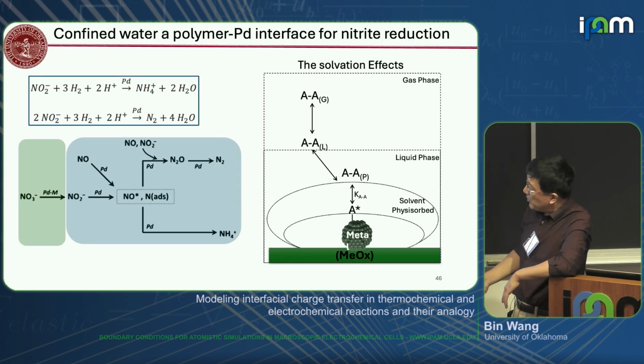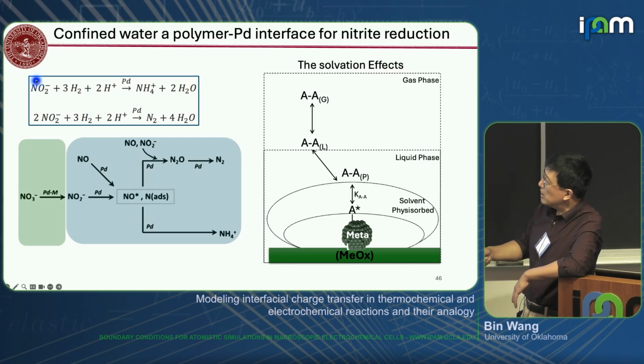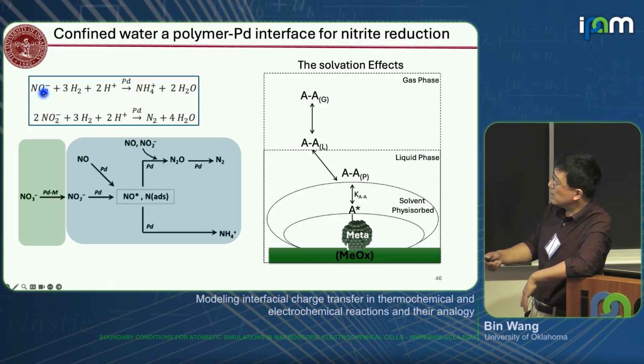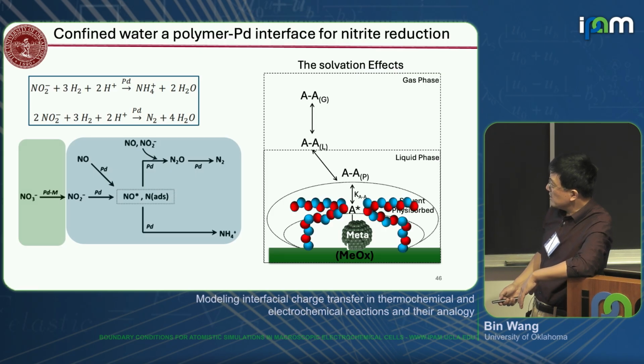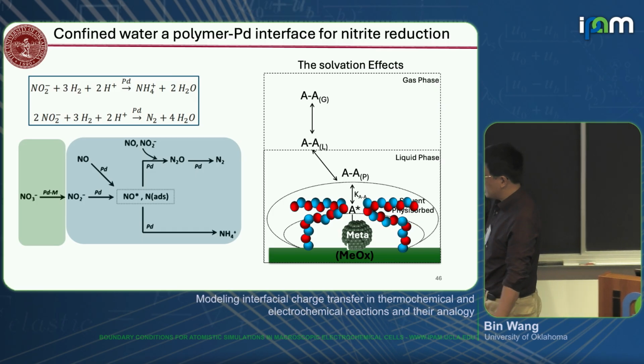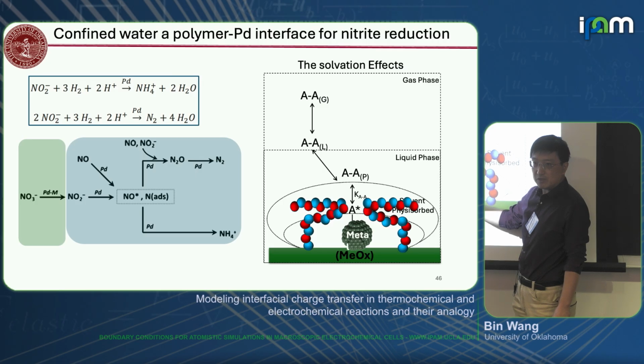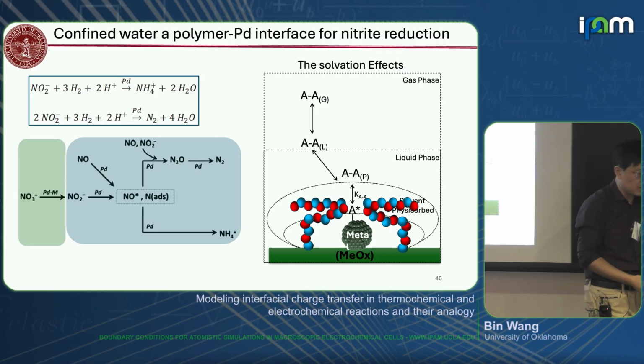So the idea is the following. We are using a different reaction in this case. It's NO2 reduction, a thermal reaction again. NO2, it's just a nitrite reduction to N2 and ammonia. It's the same palladium catalyst supported on silica. The idea is if I introduce some confinement, in this case a polymer. The polymer is grown on the oxide support, not on the catalyst active site. If the polymer somehow surrounds my particles, then my water will be trapped at the interface, and how will the water behave differently within its confinement compared to the water in the previous case, which is more like free water?